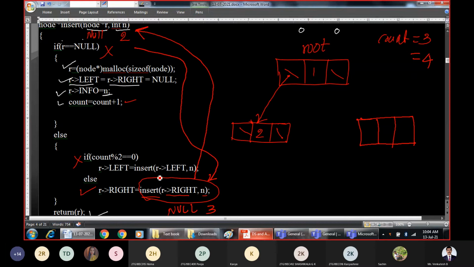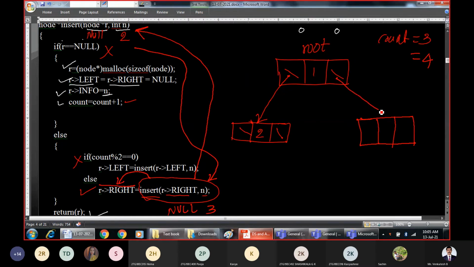So what has happened here? We have created a new node. Now that new node should be attached where? It should be assigned to R pointer right. That is the outcome of RHS being assigned to LHS. R pointer right was earlier containing null. Now the newly created node is assigned to R pointer right.